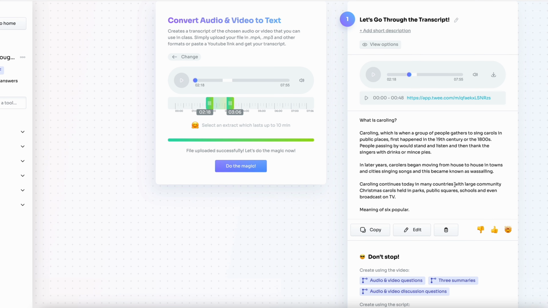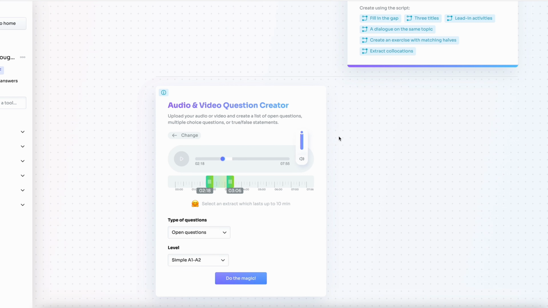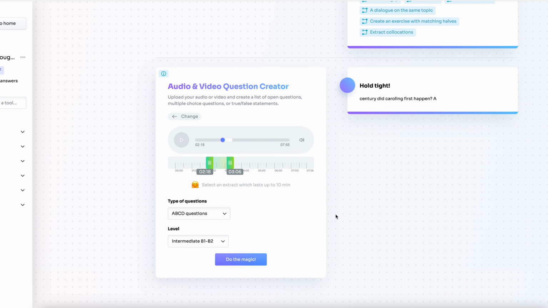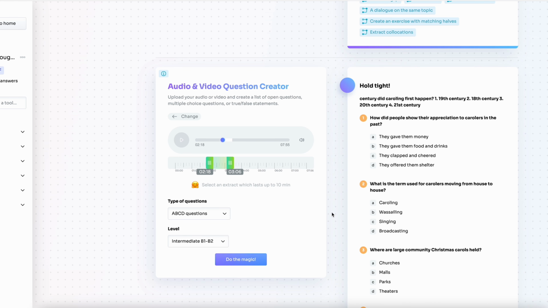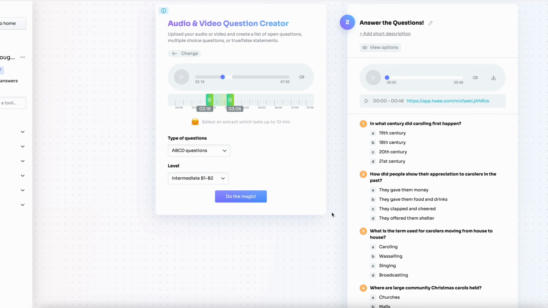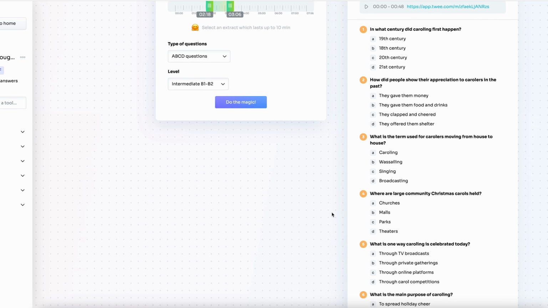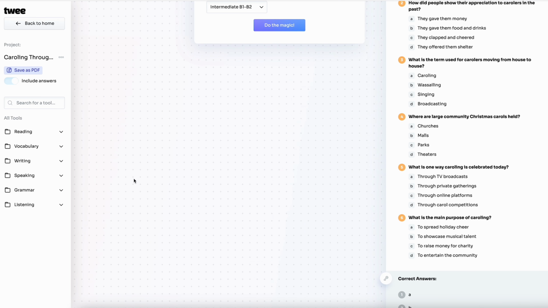Done. Now what I want to do is create some ABCD questions, multiple choice questions for my students. I'm choosing the type of questions and the level, and again, Twee generates the task for me. To turn this into a real EFL lesson and not just a couple of exercises, I'm going to add some